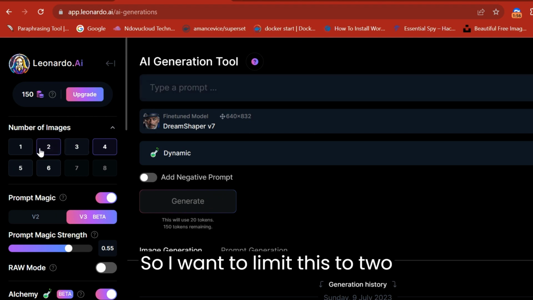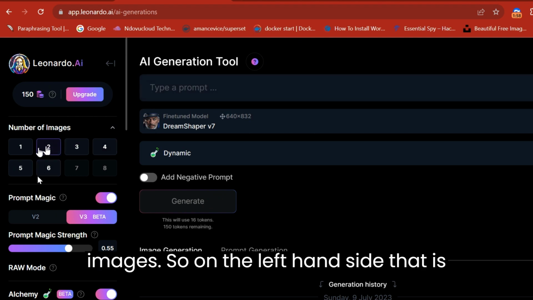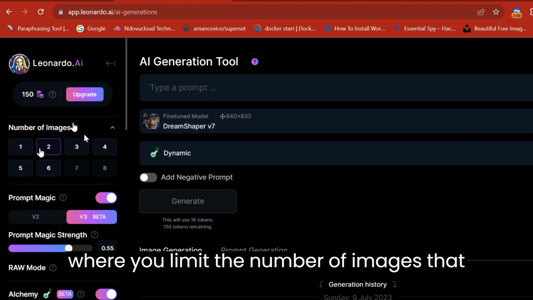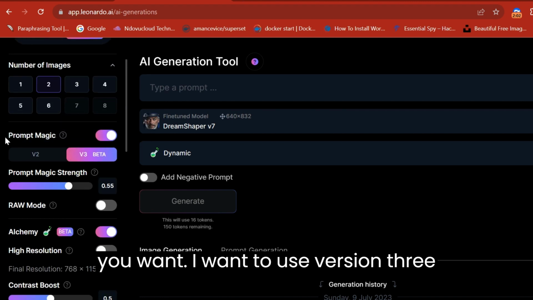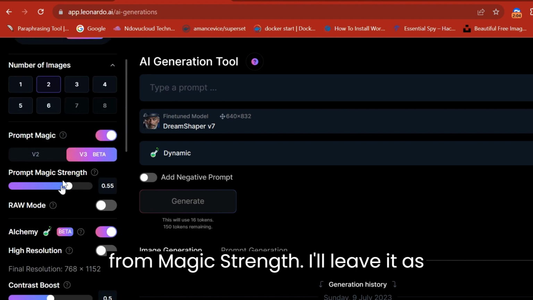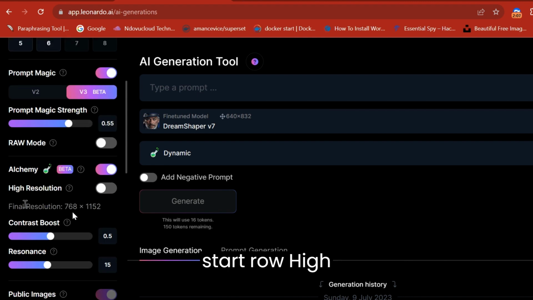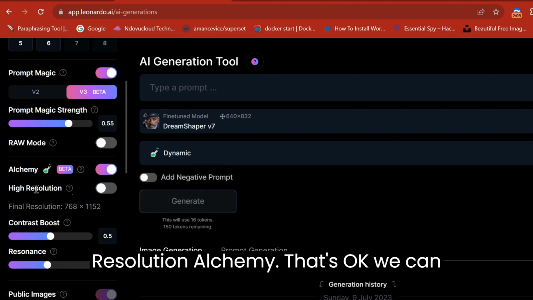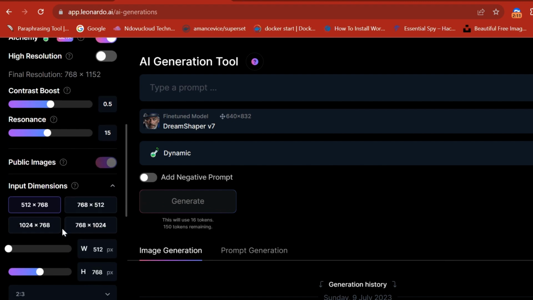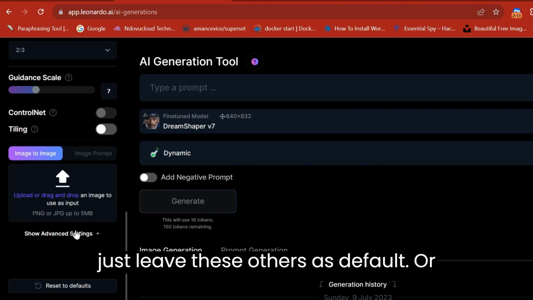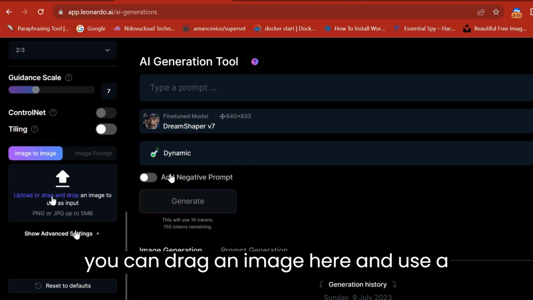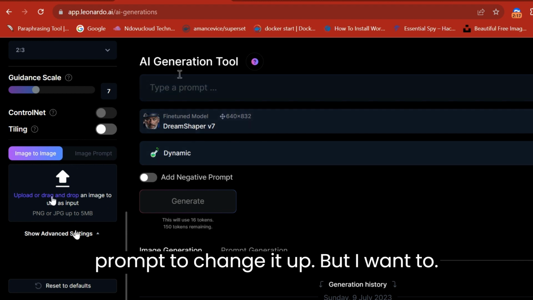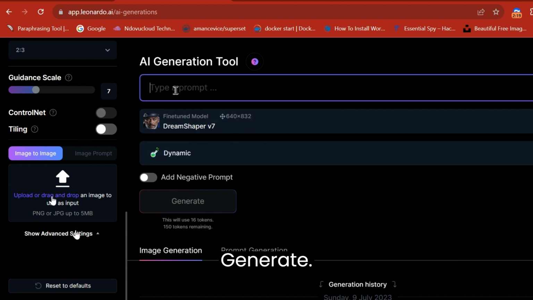I want to limit this to 2 images. On the left hand side is where you limit the number of images that you want. I'll use version 3, prompt magic strength, I'll leave it at start. Raw, high resolution, alchemy, that's okay. We can just leave these others as default, or you can drag an image here and use a prompt to change it up. But I want to generate